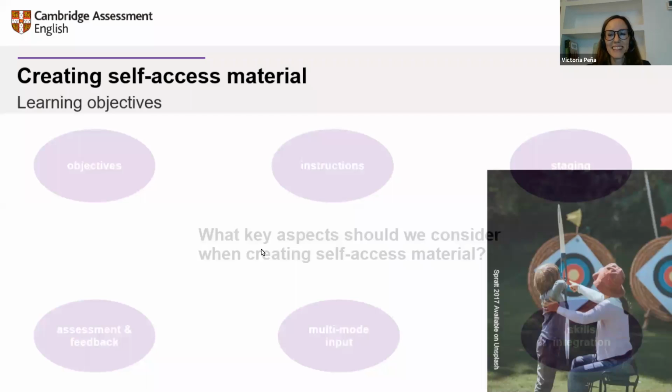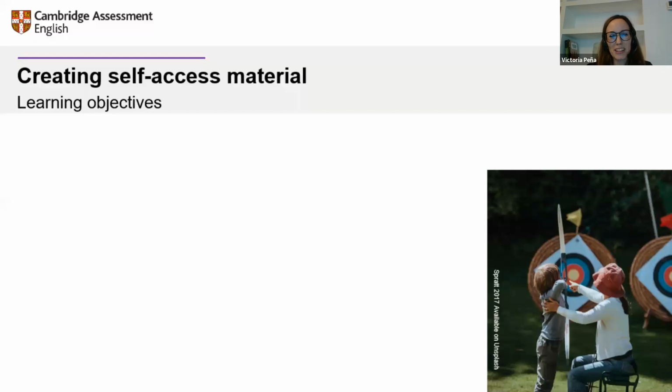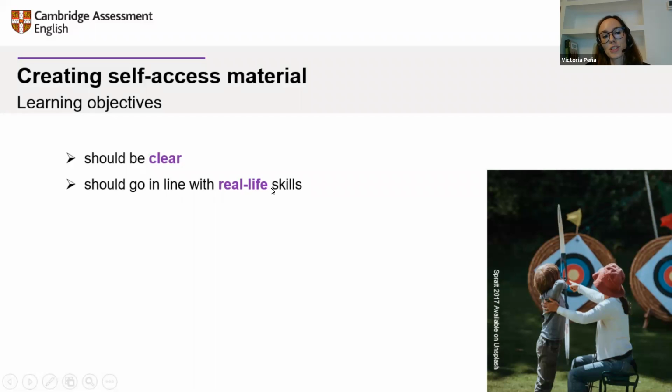Moving on. We are going to talk a bit more about learning objectives. And we are going to start by saying that, of course, they need to be clear for our students, their age, their level. So depending on that, they will need more or less support. Also, George?